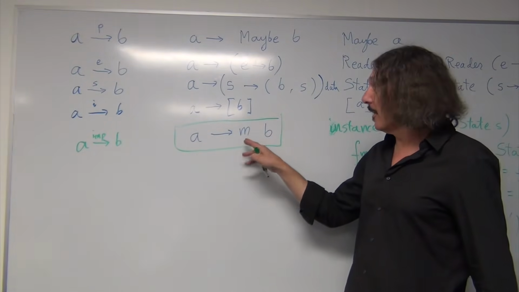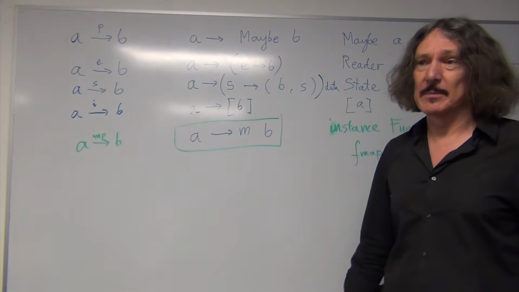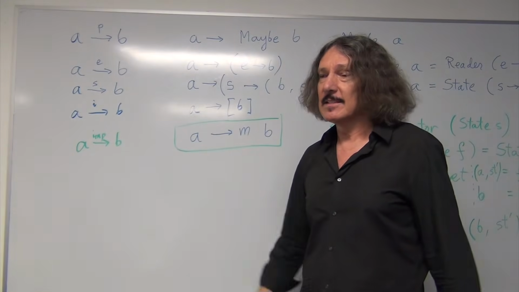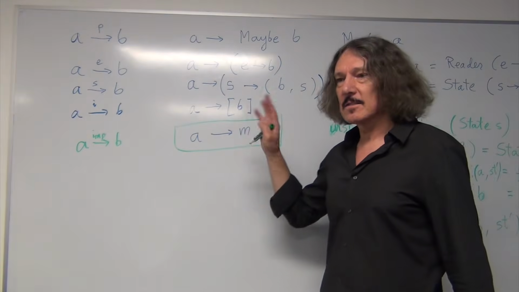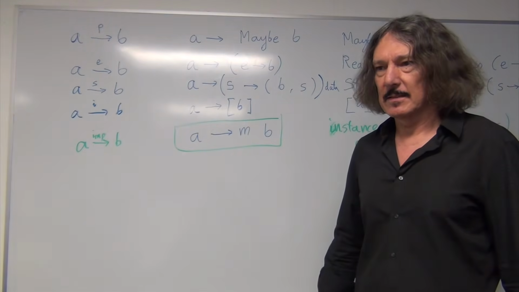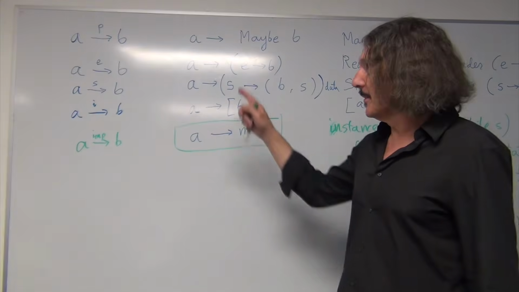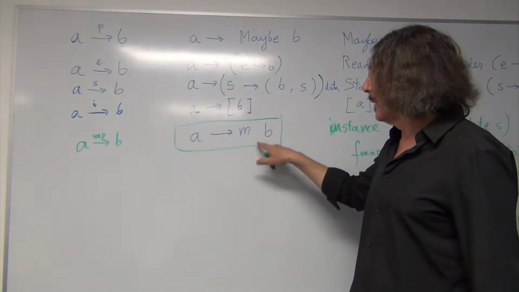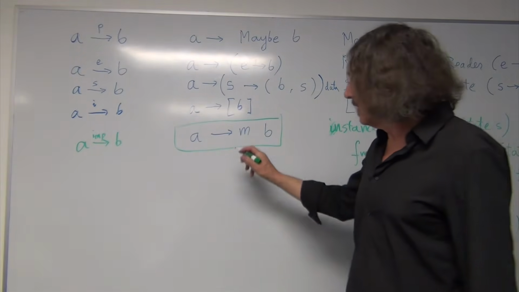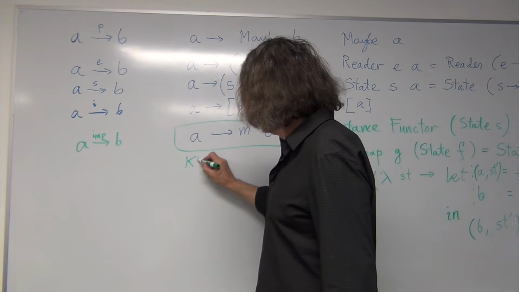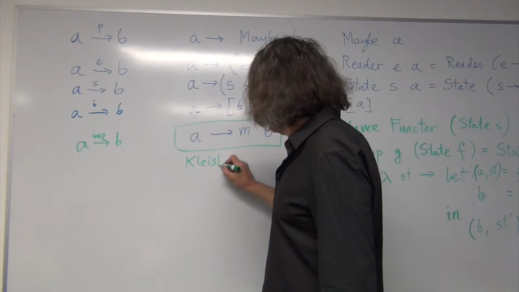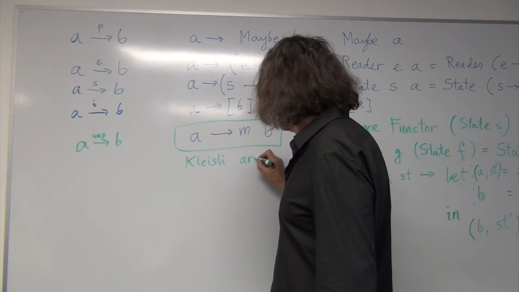But here we are only saying that this has to be a type constructor. It doesn't have to be a functor. It can be a type constructor. And we are solving the problem of side effects. The problem of side effects is solved by introducing these functions. These functions are, by the way, called Kleisli arrows.